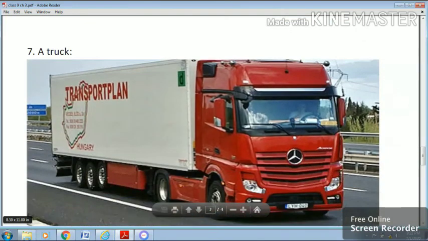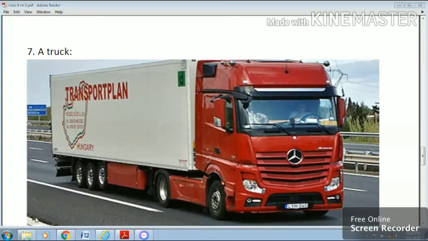Again, one more example is there, a truck. So heavy vehicles like trucks, buses, tractors, etc. have broader tires as compared to cars to reduce the pressure exerted by the tires on the ground by increasing the area of contact, which in turn decreases the pressure exerted by them. For the same reason, the number of tires is also increased in this truck. As you can see here, so many tires are there to increase the area of contact and to reduce the pressure.